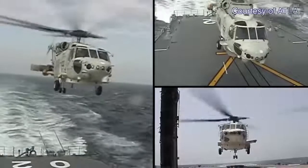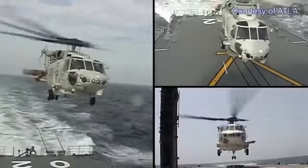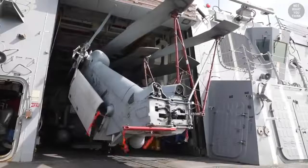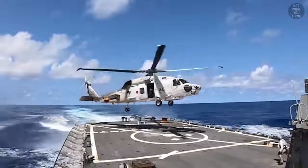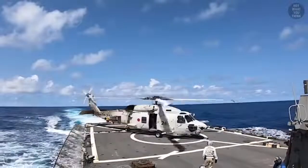For smaller surface combatants that rely on helicopters, bear trap and other similar systems have strategic importance. In 2014, the Japanese government expressed concerns about a French company that sold their system to China. A few years later, in 2017, Japan developed the first system that could automatically land a helicopter on a moving